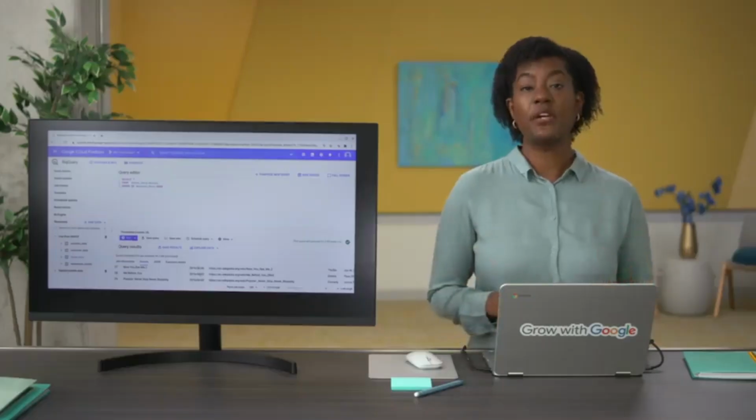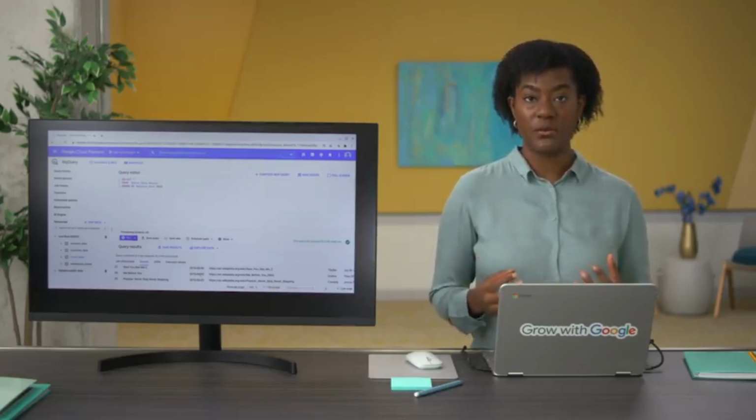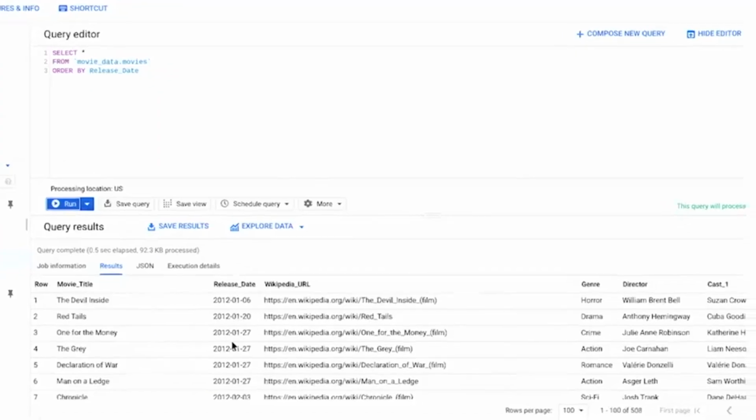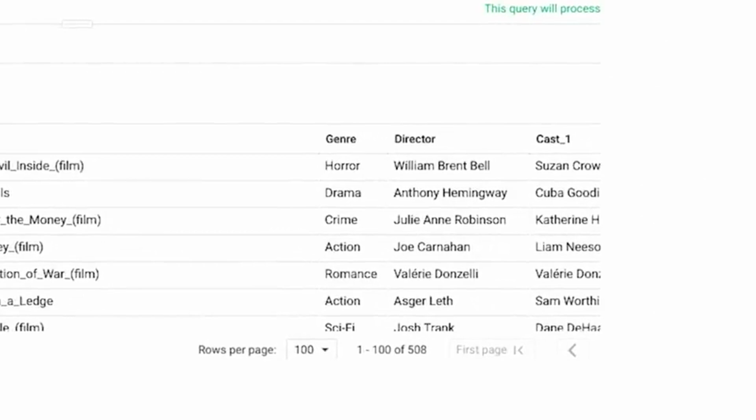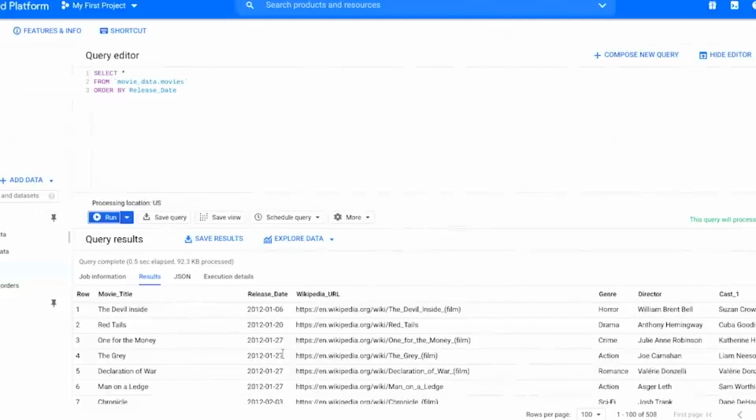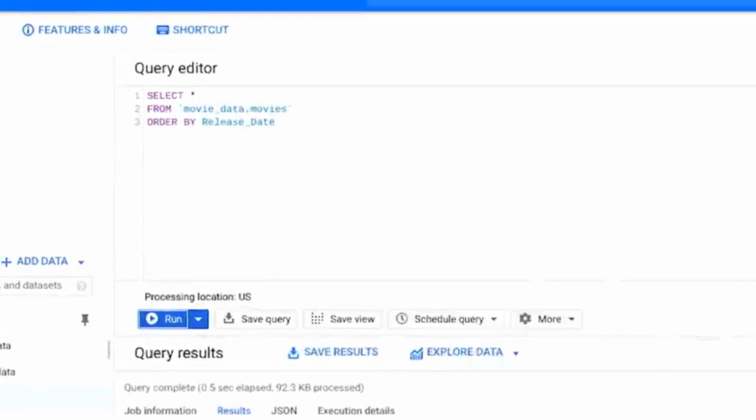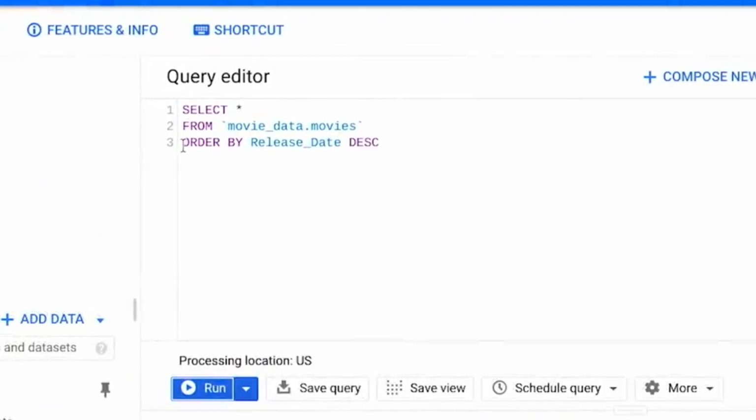In spreadsheets, you can combine sorts and filters to display information differently. You can do something similar in SQL too. You might remember that while sorting puts data in a specific order, filters narrow down data so you only see data that fits the filter. So for example, let's say we want to filter movies by genre so that we're only working with comedies. But we still want release dates to be sorted in descending order, from most recent to oldest films. We can do this with the where clause.